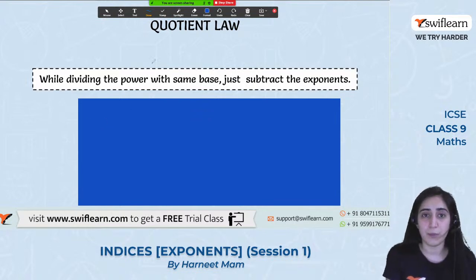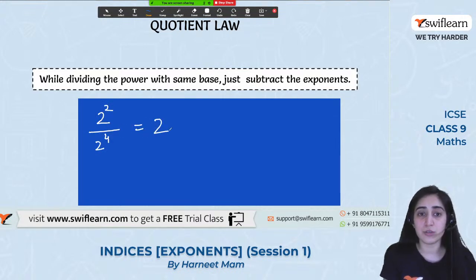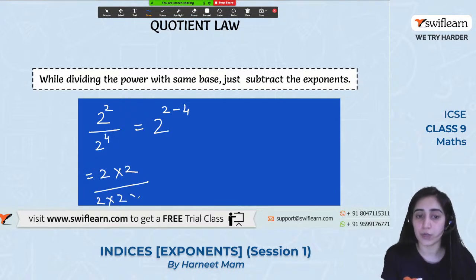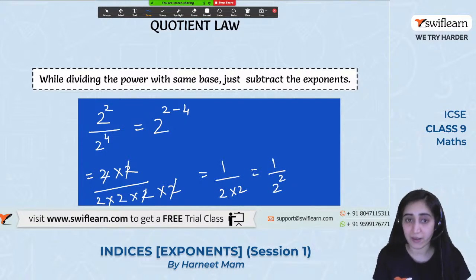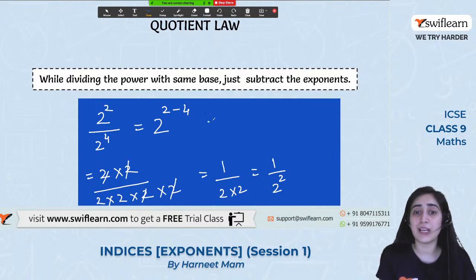Let's see 2 to the power. All right, so let me write with y. 2 to the power of 2 upon 2 to the power of 4. That gives me 2 to the power of 2 minus 4, ये लिख सकते हैं, या फिर इसको डायरेक्टली ऐसे लिख सकते हैं 2 power 2 upon 2 into 4 times, right? हम ये लिख सकते हैं. I know these two get cancelled. I'm left with 1 upon 2 into 2, which I can write 1 upon 2 to the power of 2. This is what I can write. So on doing this, what will I get? I'll get 2 to the power of minus 2.